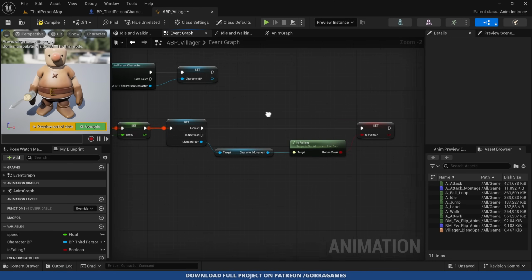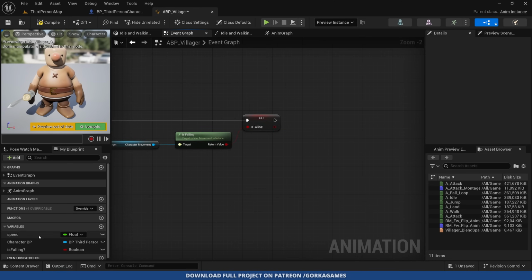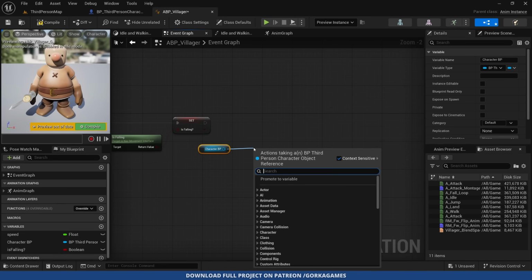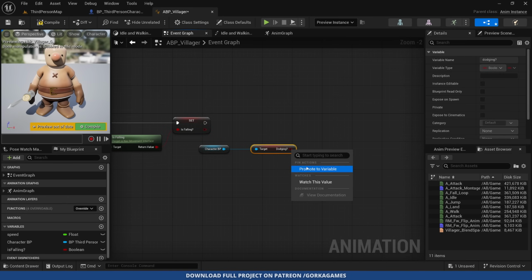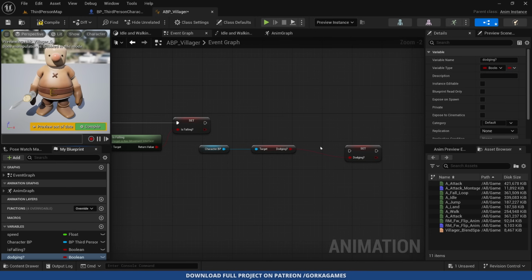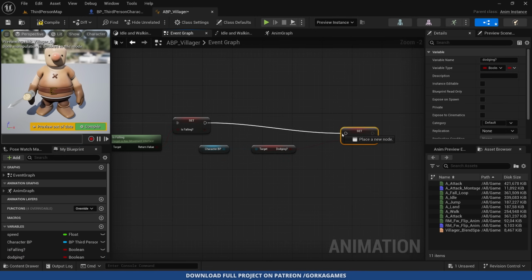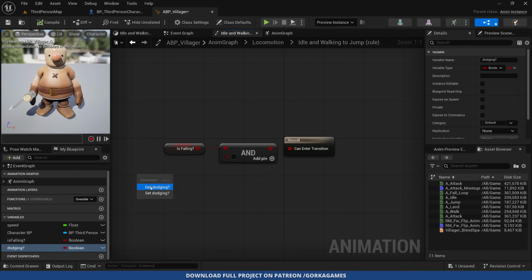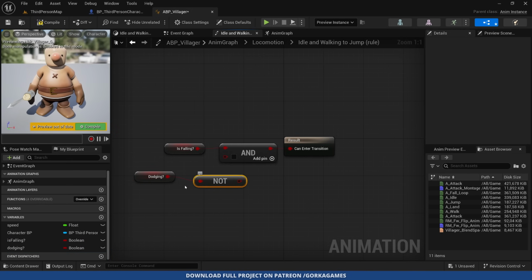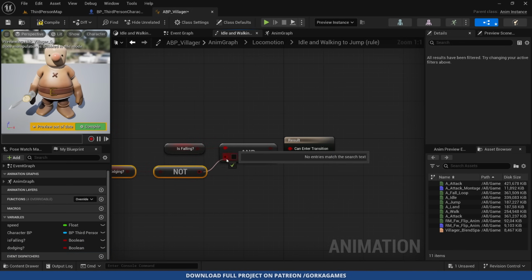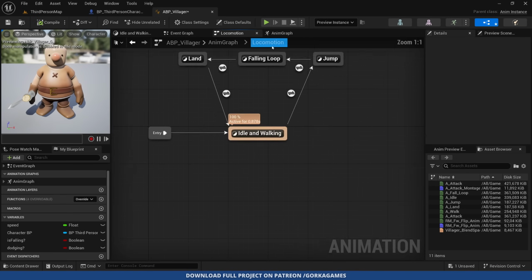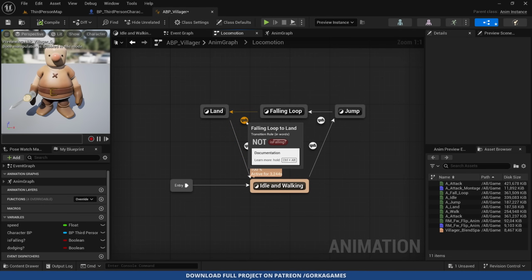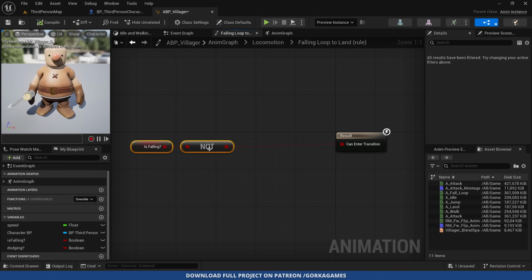we are not dodging. So we simply need to also go ahead and get the character movement once again and say get dodging, and simply promote this to a variable which is dodging with a lowercase d, plug this here. Now back in the state we can get dodging and add a not boolean. Okay, now we need to go ahead and do the exact same thing, so copy these three nodes on this other state, okay, which is landing. So we are